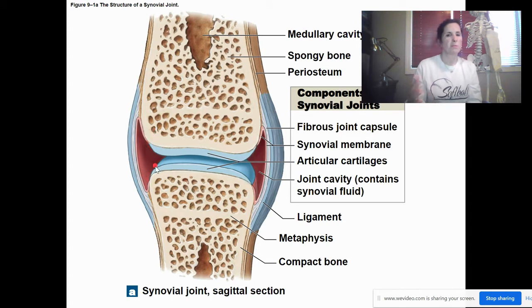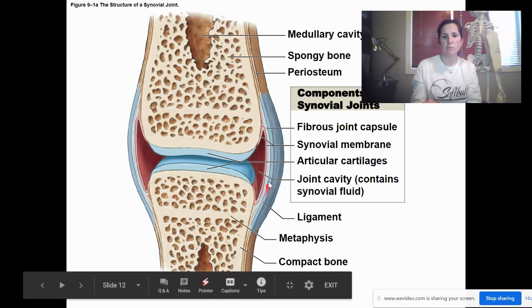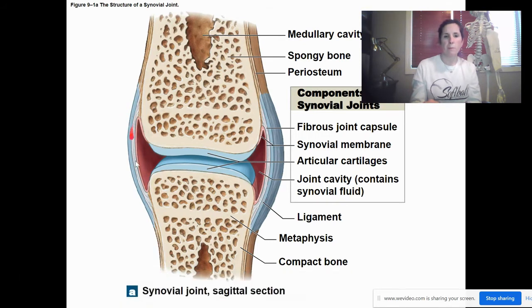You can see that, and there's going to be synovial fluid in there, but it doesn't show you. But here's the ends of the bones. It has that articular cartilage, and this whole thing is enclosed by the joint capsule, which is more of that white part that you see there. So the joint capsule has the synovial membrane. All right, and you can see at the end of the bones, there's the articular cartilage. And then this is the cavity, the space that will have the synovial fluid, and that's going to allow there to be